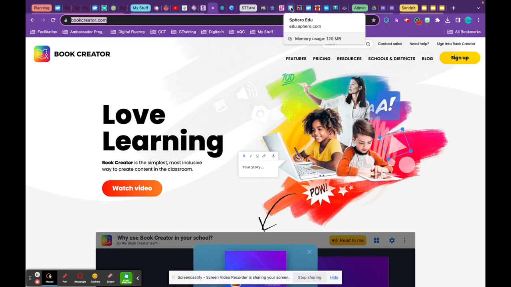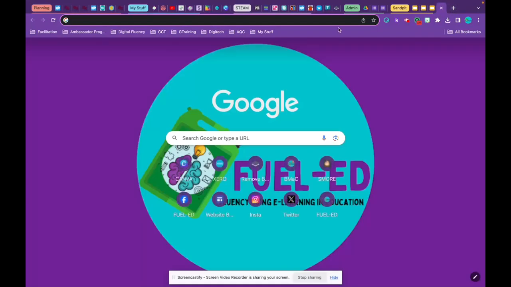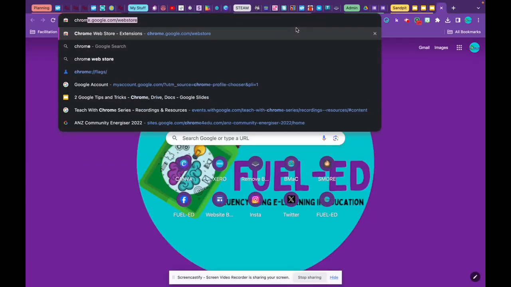Now another thing I can do to make it easier to work out what each of these little tabs are. At the moment when I scroll over them, I get sort of a summary of what the website is, but it still doesn't really give me an idea, especially when I come down to my forms I've got here. If I haven't named them well, we all know the times we have the untitled presentation, I can't actually still tell what is what. If I open a new tab and go to Chrome,